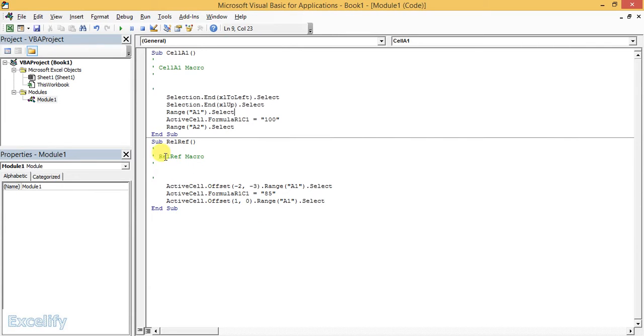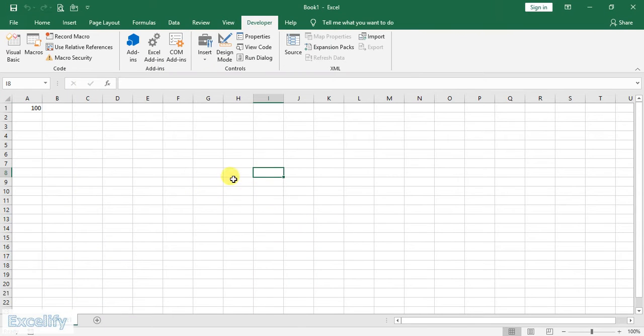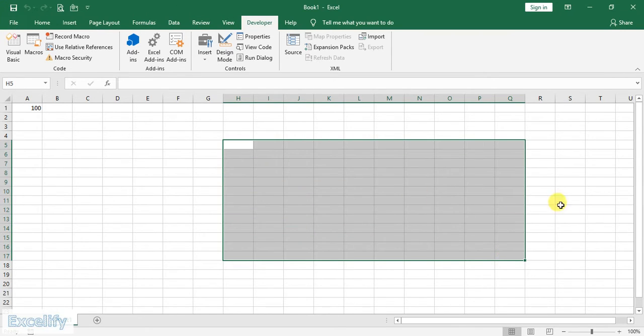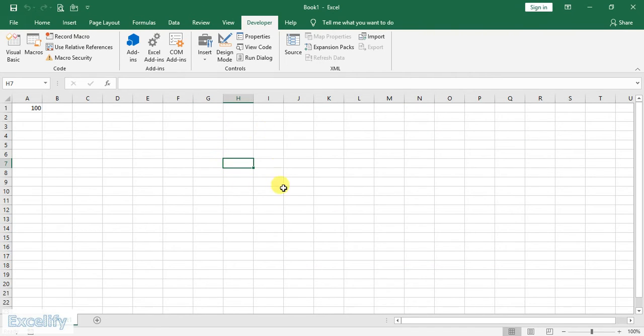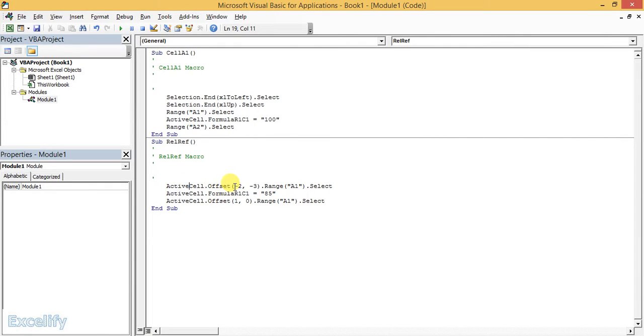Similarly, you can also change the relative references macro. The relative references actually do not select the cell, it just selects the movement. So here you can see that Range A1 is selected, so it selects the A1 cell, but here from the active cell, which is where you have this border line, you cannot select this entire thing. If this entire range is selected, the active cell will be this white space. If only one cell is selected, this will be the active cell. So from that active cell, -2 indicates 2 rows up and -3 indicates 3 columns to the left. So offset 2 rows up and 3 columns to the left.